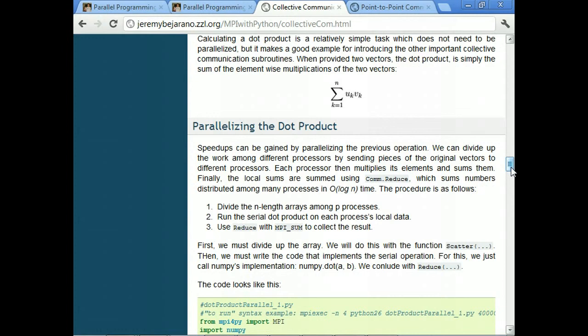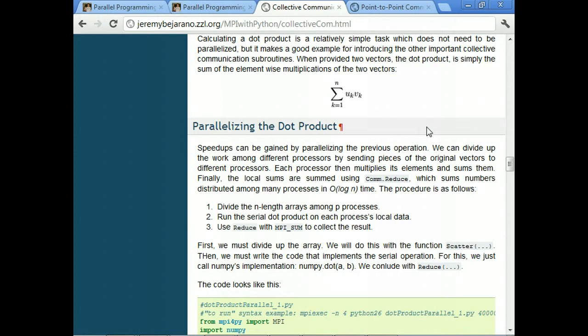So back to the collective communication. Okay, so we wanted to parallelize the dot product. We were going to take the vectors and break them up into small parts and then send those parts to different processes. Each of those processes was going to take a chunk of the vector.